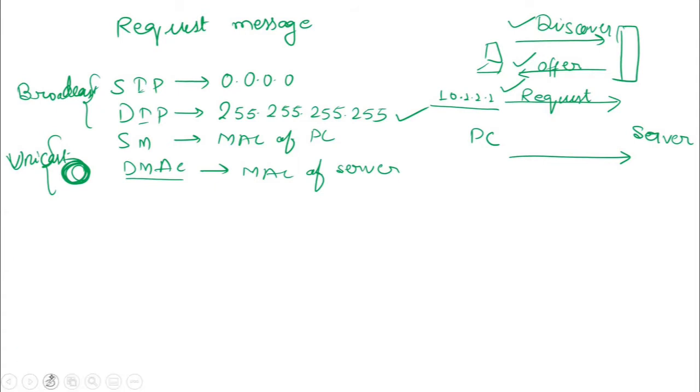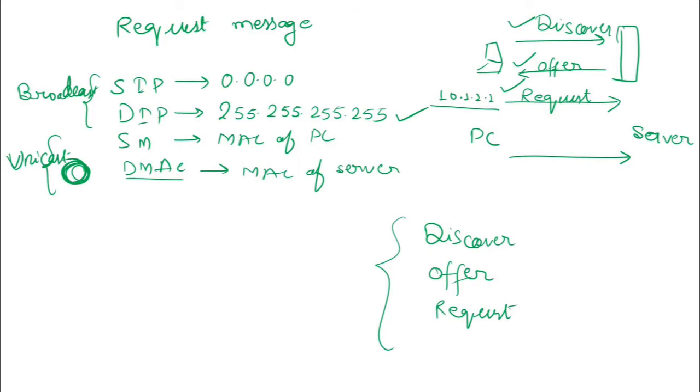Okay guys, till now any doubt from anyone? We have covered 3 messages till now: discover, offer, request. If you have any doubts then I can hold on, otherwise I will move to the 4th message, because there are 4 messages it does for the IP assignment. No? Okay. So the 4th message is the acknowledgement.